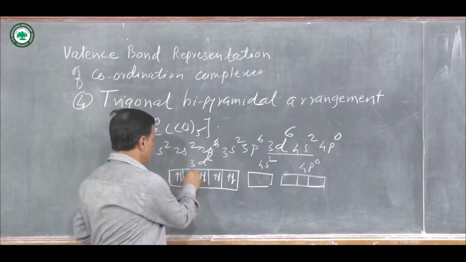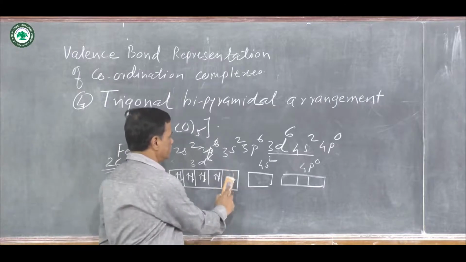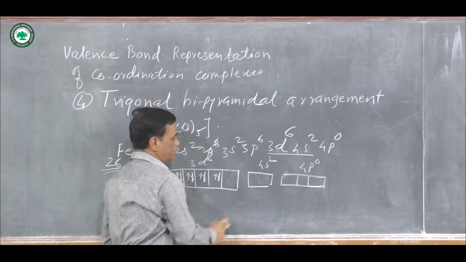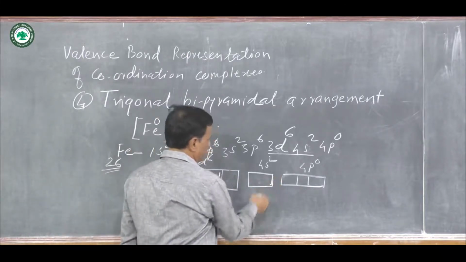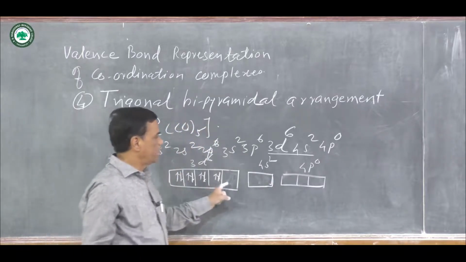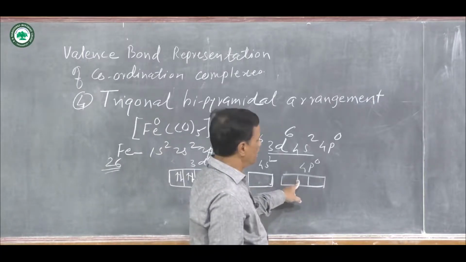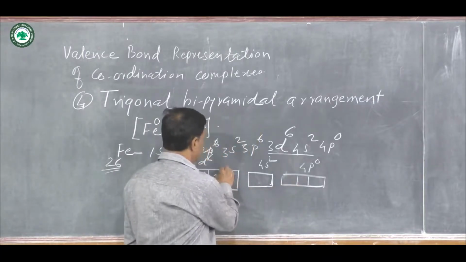Here 2 electrons, here 2 electrons, here 2 electrons, and this box is an empty one. Then there is overlapping of atomic orbitals, 1d orbital, 1s orbital and 3p orbitals combine, and there is a formation